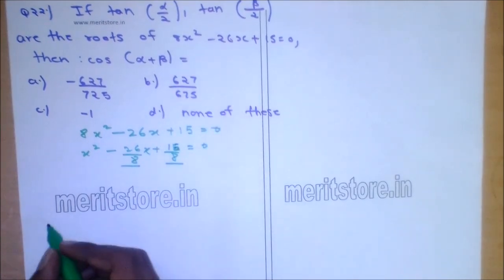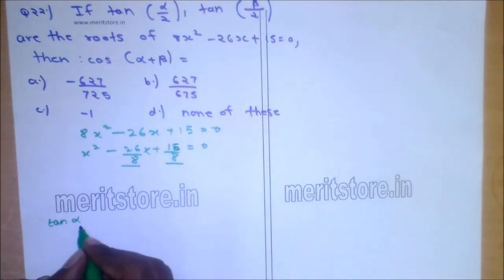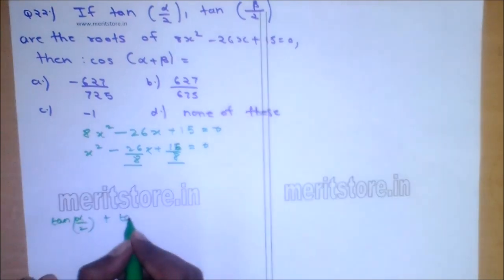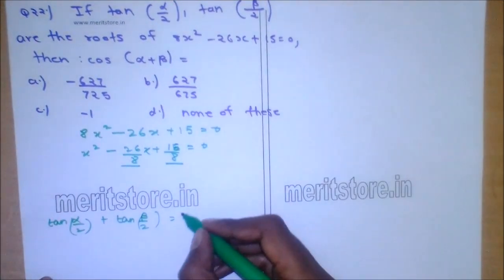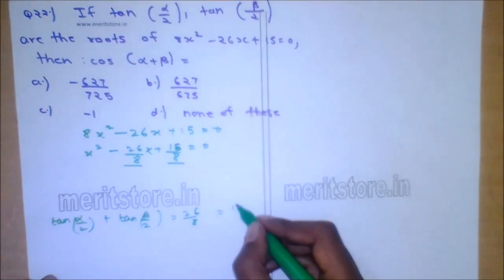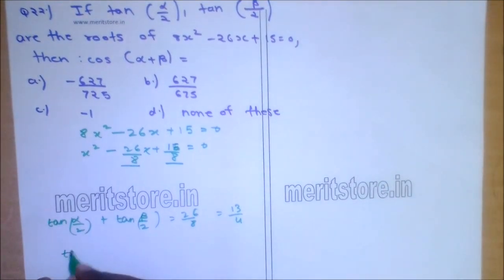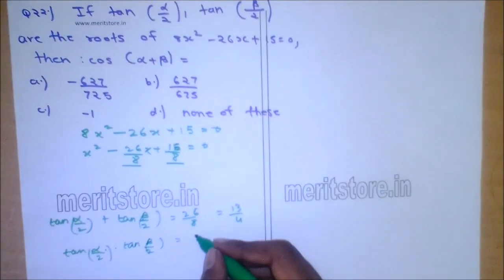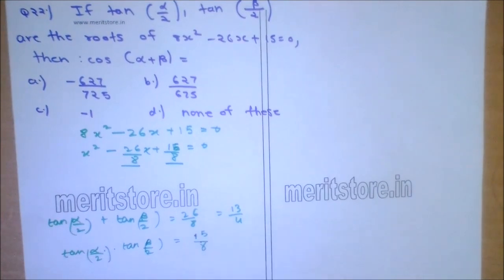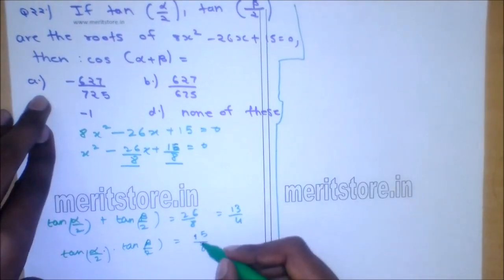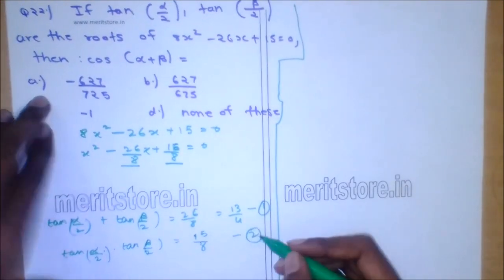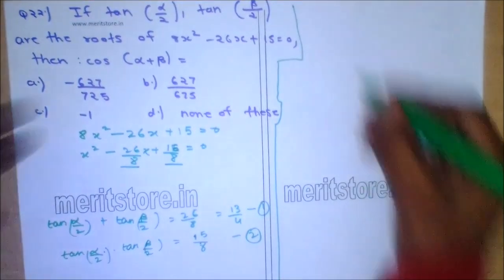product of the roots. So we can write tan alpha by 2 plus tan beta by 2 is 26 by 8, that is 13 by 4, and tan alpha by 2 into tan beta by 2 is 15 by 8. Let this be 1, let this be 2. Now